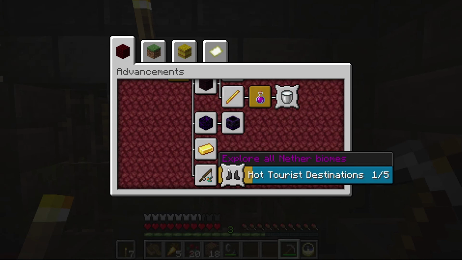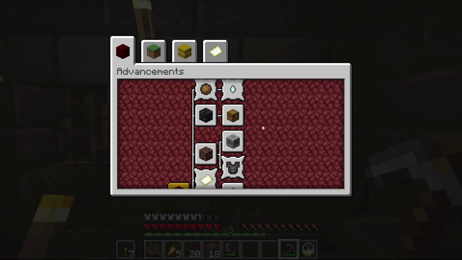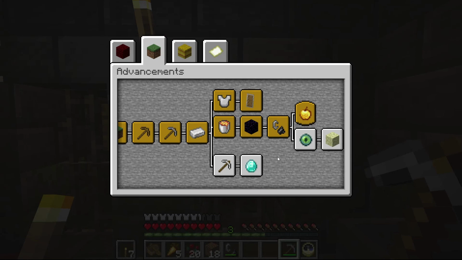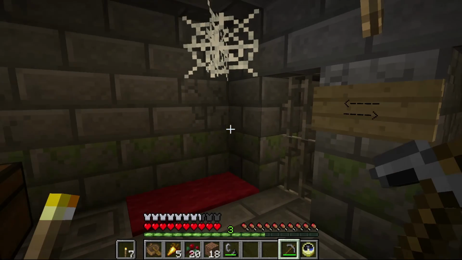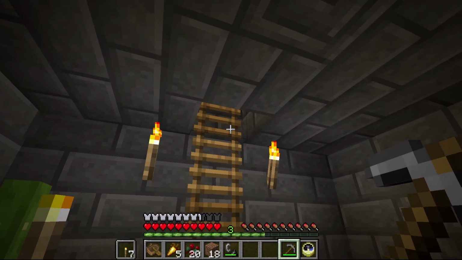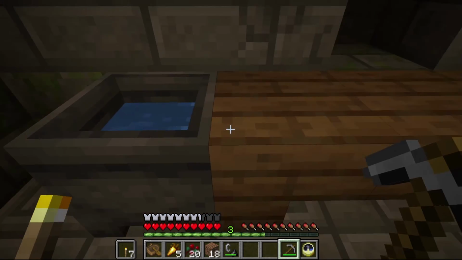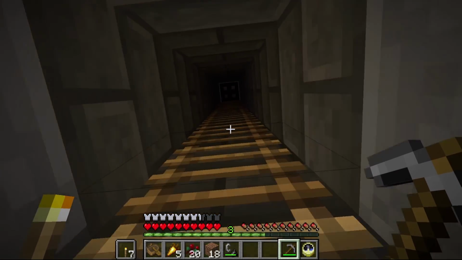Hopefully. The one that's going to really be difficult here is the hot tourist destination. But I think we can still do it. So we're going to spend the rest of today's episode finishing out the overworld achievements, with the exception of the one achievement that is getting ourselves a...